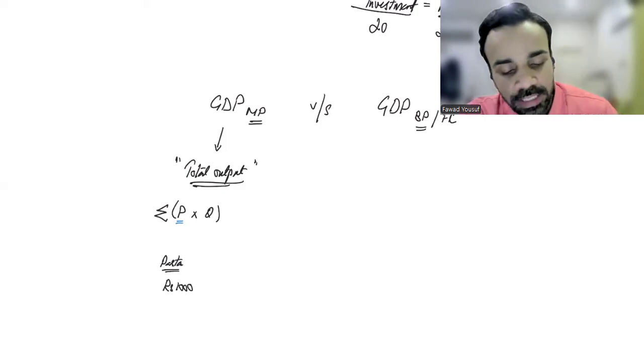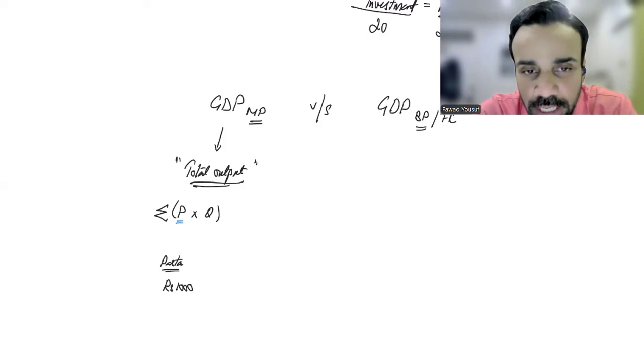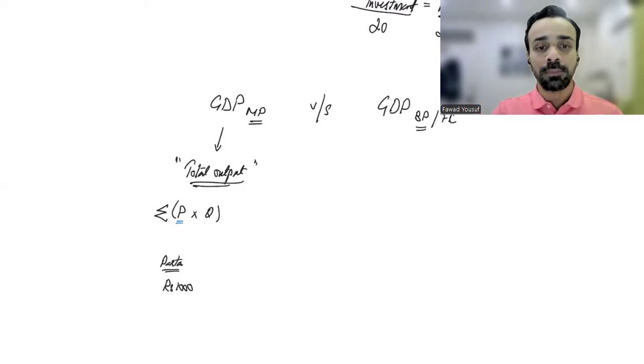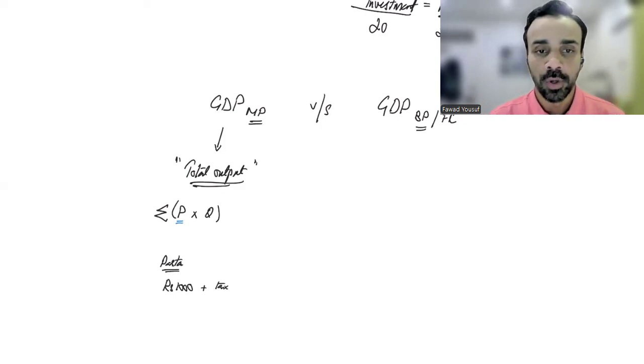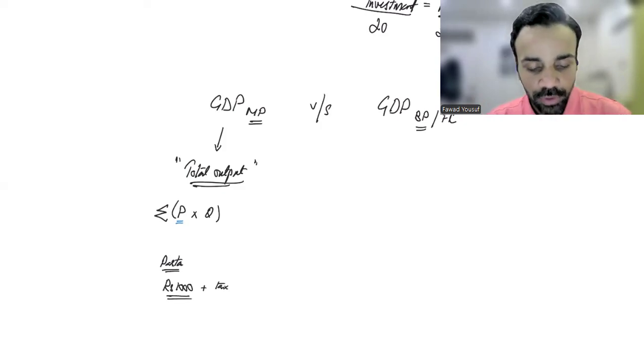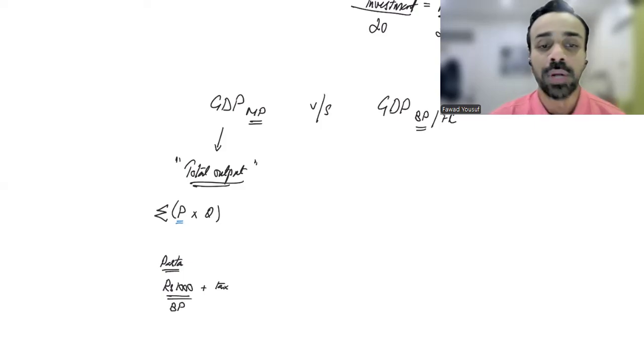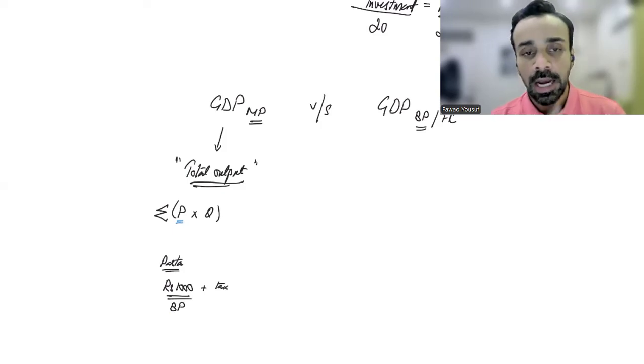But then, obviously, when I'm selling it to the customer, I'm not going to sell it for 1,000. And by the way, this 1,000 also has my profit included. Matlab, the chef is saying, with my profit, I am willing and able to sell it for 1,000 rupees. But to the customer, I'm going to add tax on it. Okay? So this 1,000 rupee was actually the factor cost, the basic factor price. How much raw material went in it and what was the price of everything.